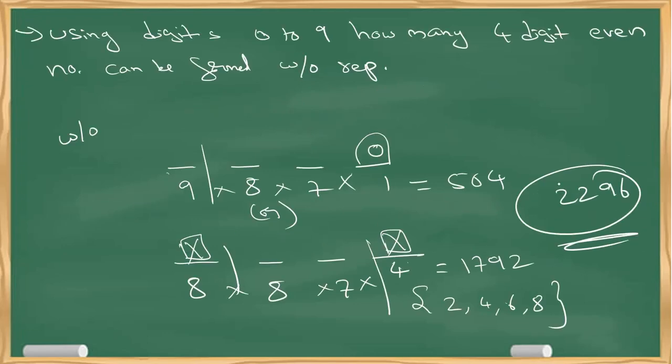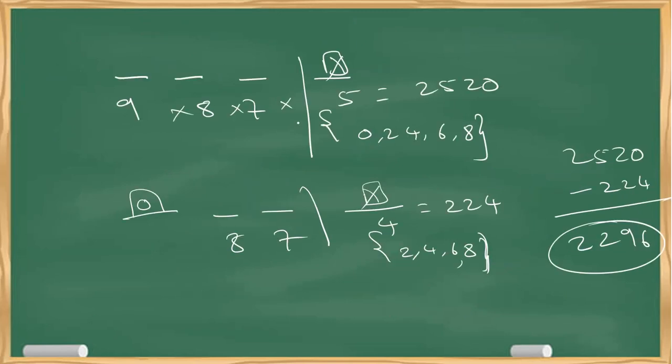In the previous case, I got the same answer where I fixed 0 at the units position and non-zero numbers at the units position, considering the condition that 0 should not come here. Here, I let 0 be considered, so I get 2520. In this 2520, there are a few numbers that start from 0 which are even. By fixing non-zero numbers here and 0 here, I find there are 224 even numbers starting from 0. If you remove that, you will get the answer. Whichever suits you, you can follow based on your interest. Both give the same answer.